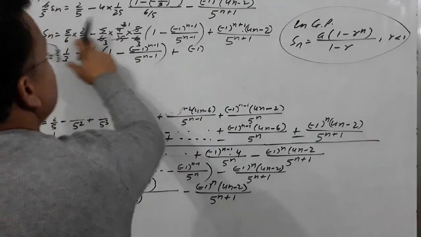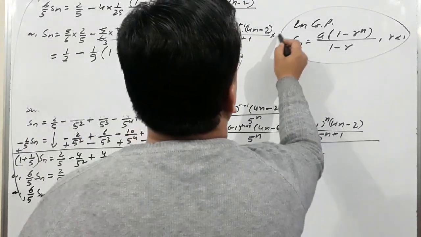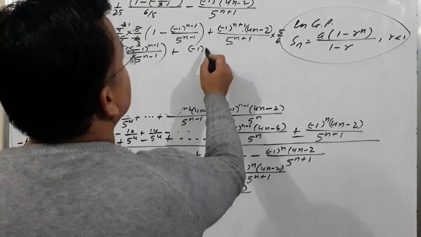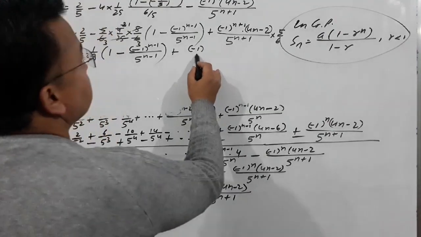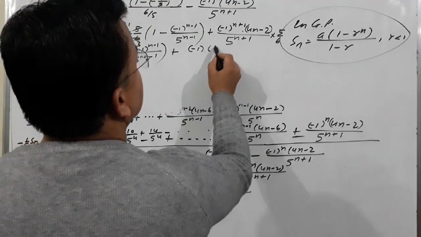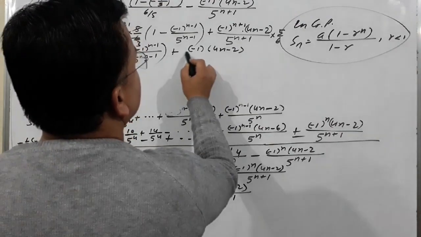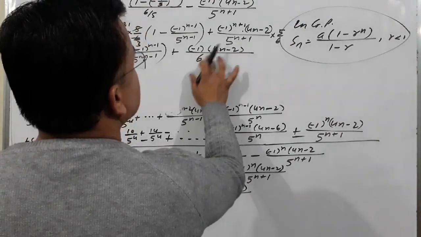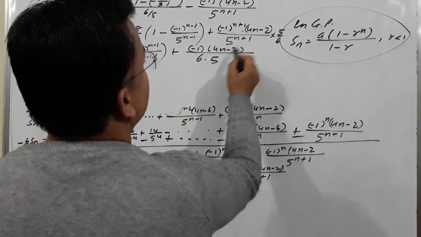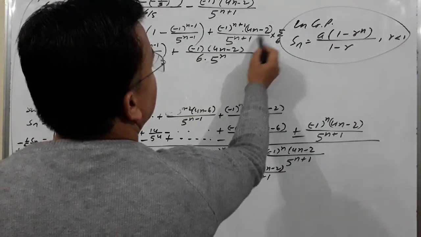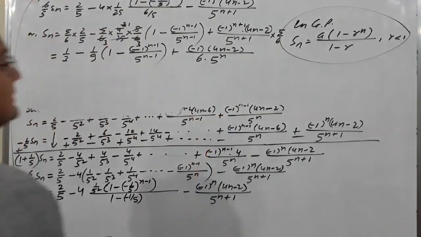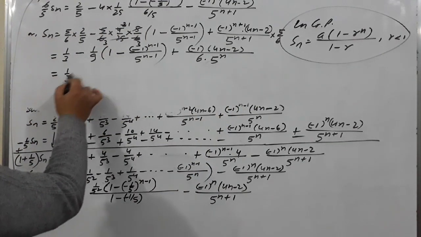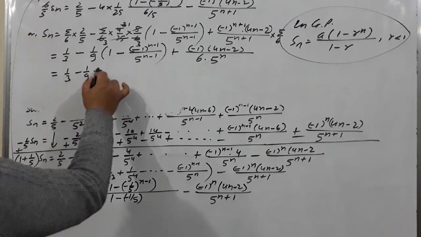Sorry, I forgot to multiply this one also, times 5 upon 6. And minus 1 plus minus 1 times 4n minus 2 over 5. So 6 times 5 raised to power n we can write down. Here power 1, so by law of indices we can write this one. We simplified. And 1 upon 3 minus 1 upon 9 plus